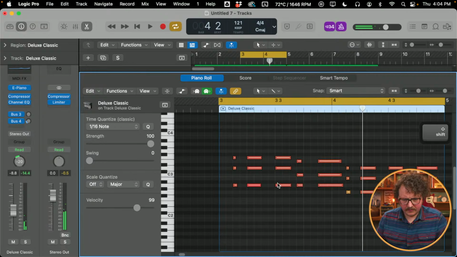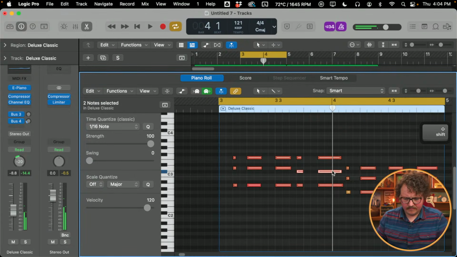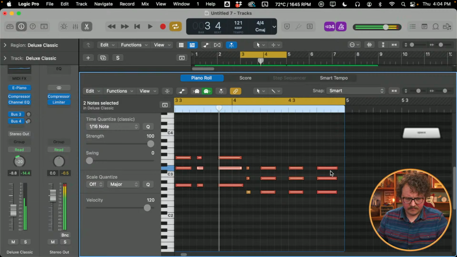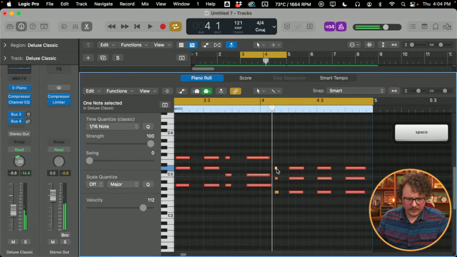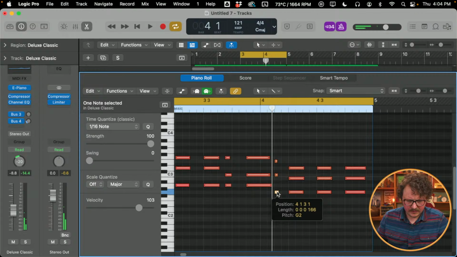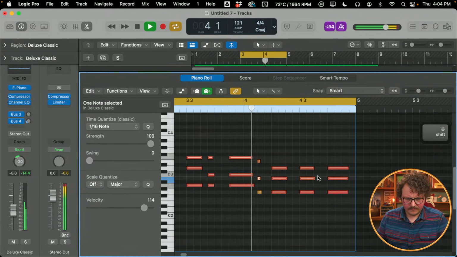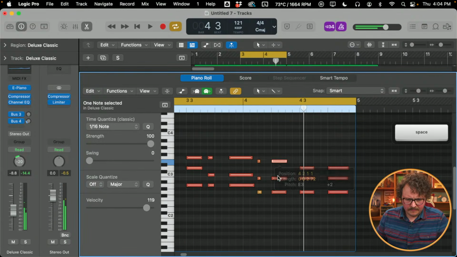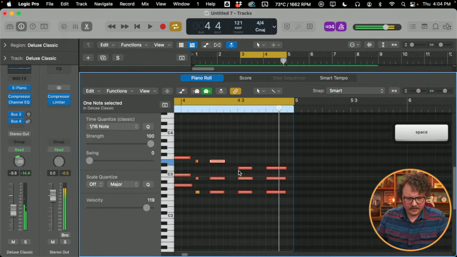So what I'm looking for here is, I can make it in. This has got to be an E minor chord. Wait, that's a... There we go. There we go. So,